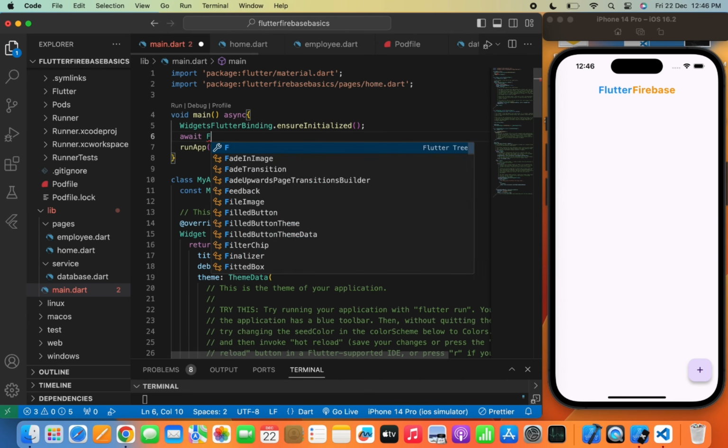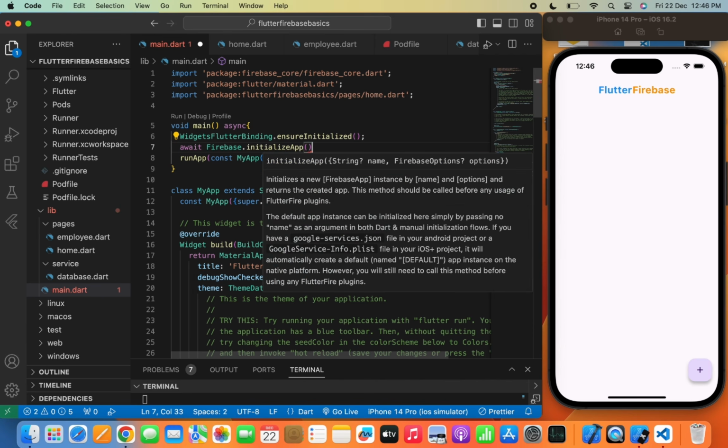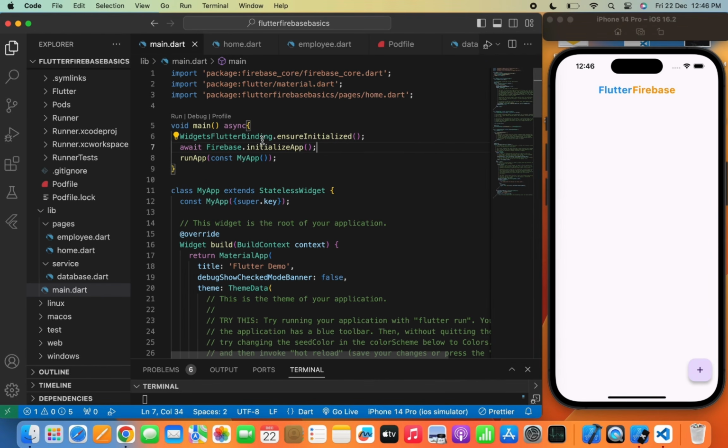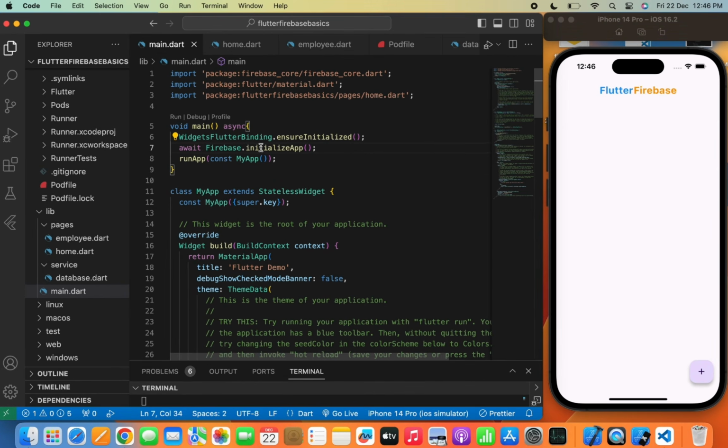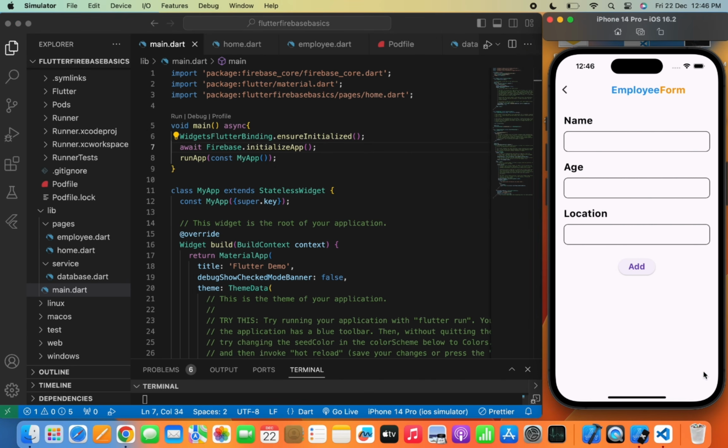So we'll write void main async, and we'll write WidgetsFlutterBinding.ensureInitialized, and we'll write await Firebase.initializeApp. Do not forget to add this line in your main.dart file, otherwise you can't upload the details to the Firestore database. Now let's hot restart it again, and when I click the floating action button, it